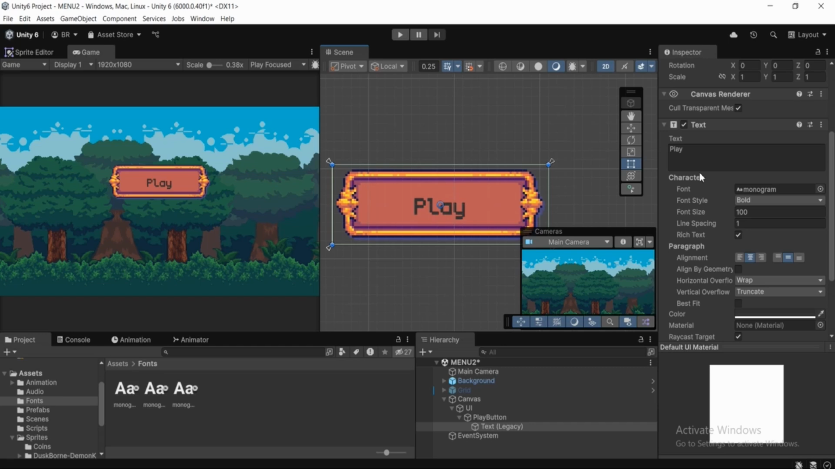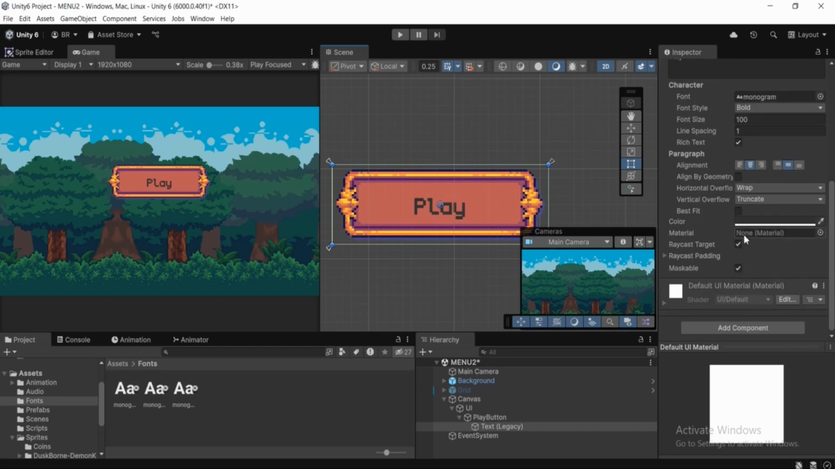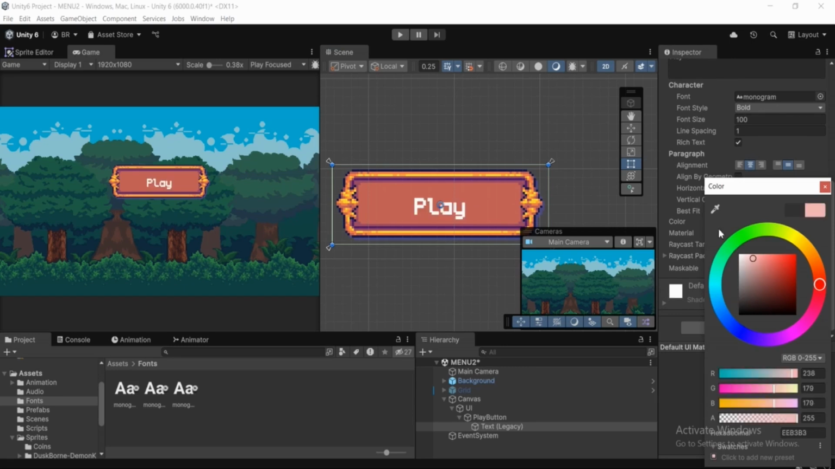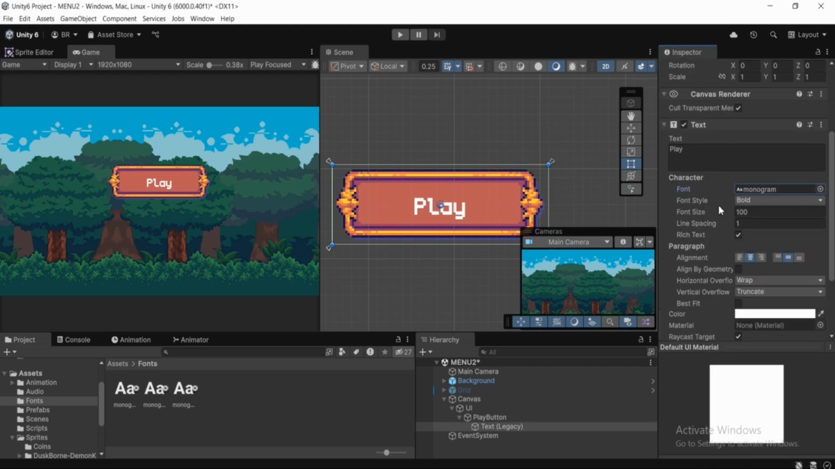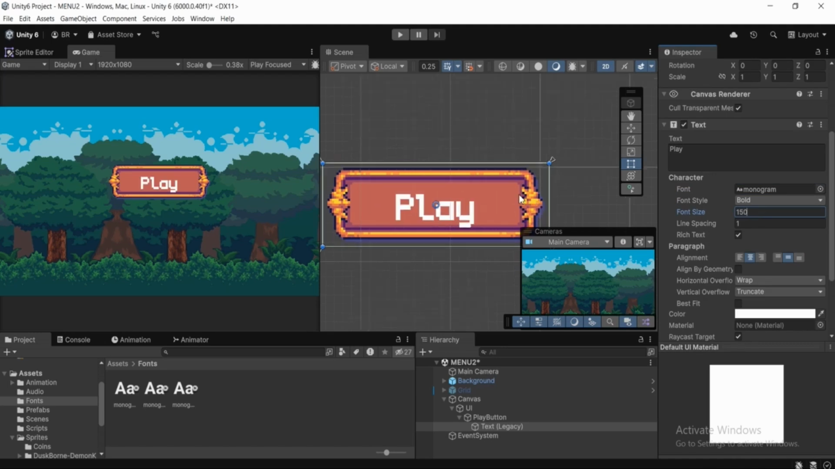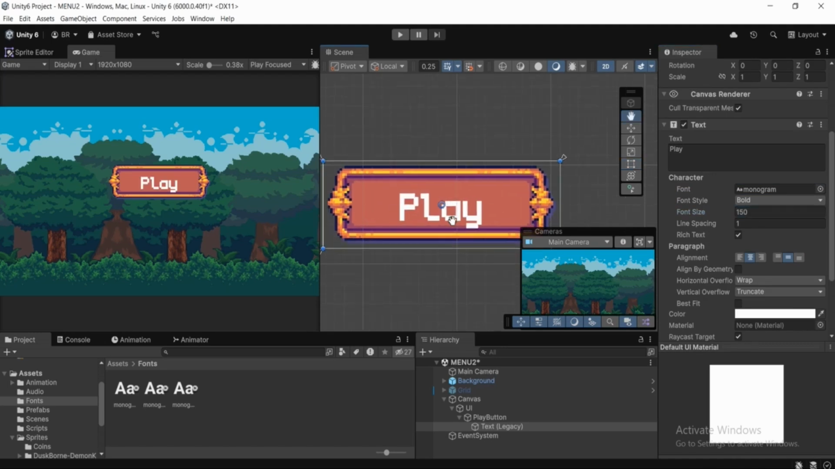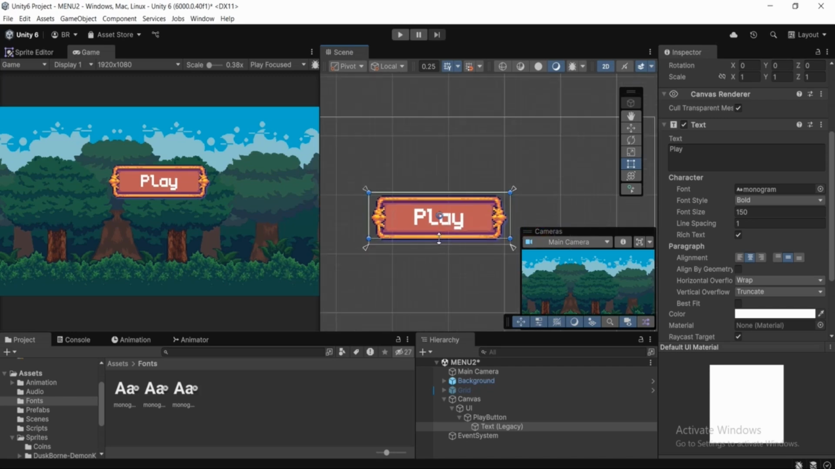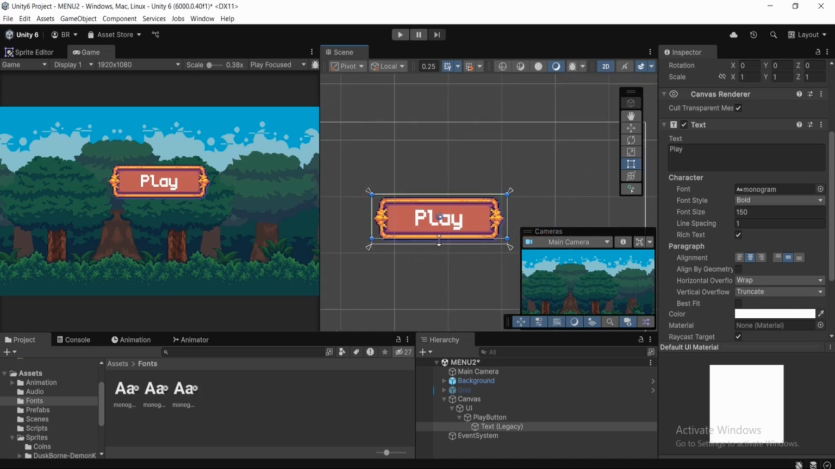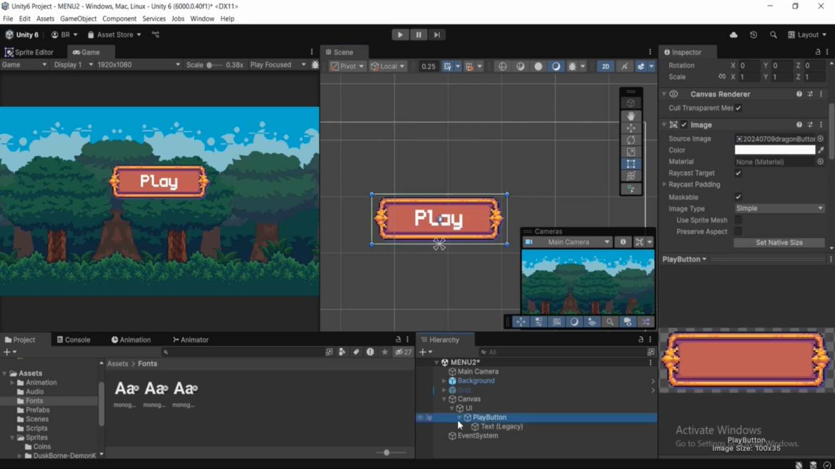And what I want to do, I want to choose a different color. So I'm gonna choose something like this color. You can just go with any color that you would like. And I'm gonna increase the font size a little bit, something around 150. And I just want to drag this text a little bit up. So I'm gonna select my text underneath my button, and I'm gonna drag it a little bit up. Now it seems pretty much fine, and we can just duplicate this button by pressing Ctrl D